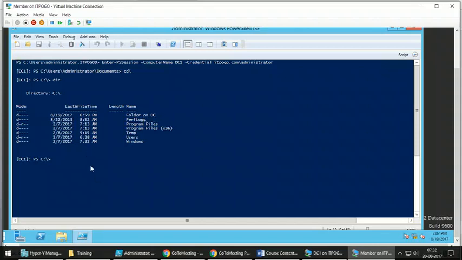So you are currently on the domain controller, connected remotely through PowerShell remoting. Now whatever command you give here, for example, a command for deleting this folder, or a command for creating a file, that file will get created on the target machine. That folder will get deleted from the target machine.